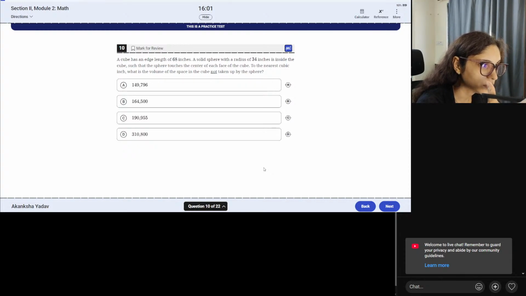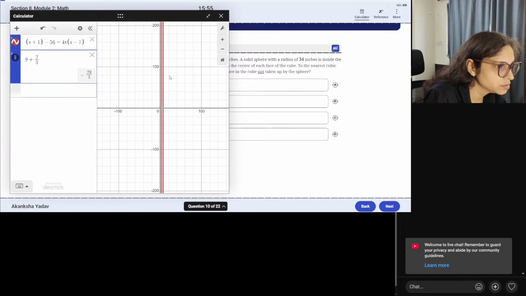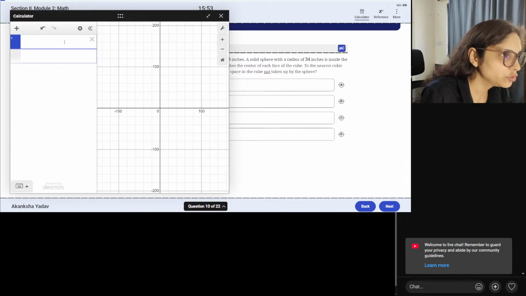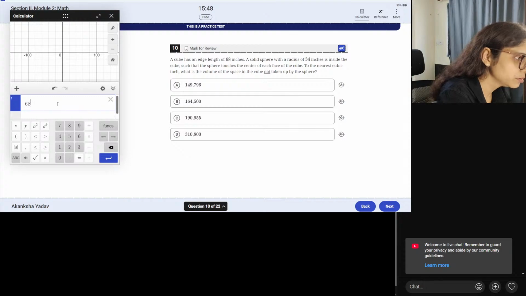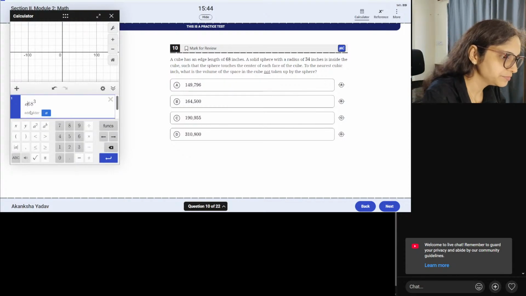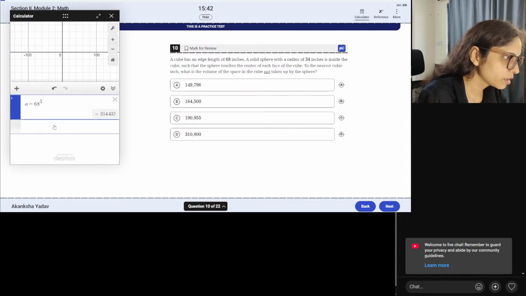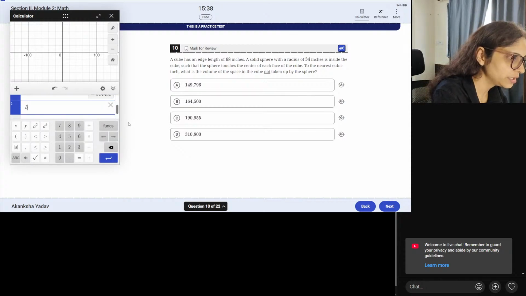What is the volume in the cube not taken up by the sphere? So it will be the volume of the cube minus the volume of the sphere. Now the volume of the cube is going to be 68 cubed. I will call it A. The volume of the sphere, I'm calling it B,